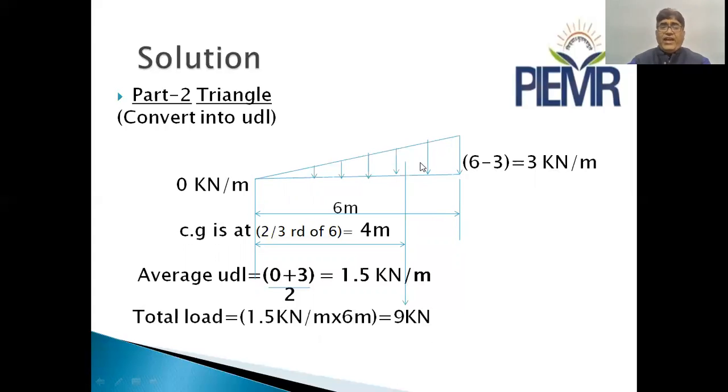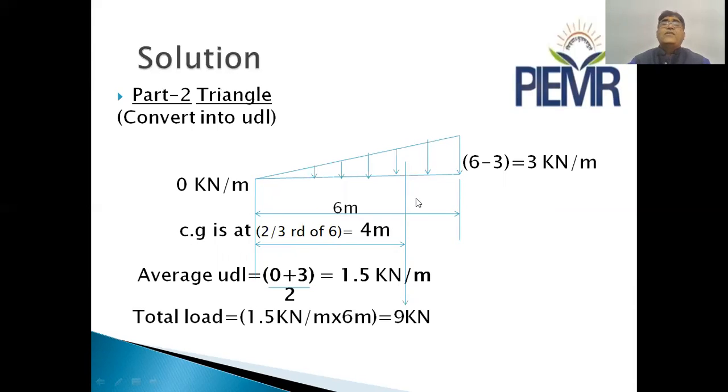When we convert this triangle into a rectangle, it is only to find the total load, that is a point load. But the actual figure is a triangle, therefore the center will be treated as that of a triangle. So the CG is at 2/3 of the height. The height here is the span, that is 6 meter. Therefore, from the apex, the distance of the CG will be 2/3 of 6, that is 4 meter. And here will be lying the CG.